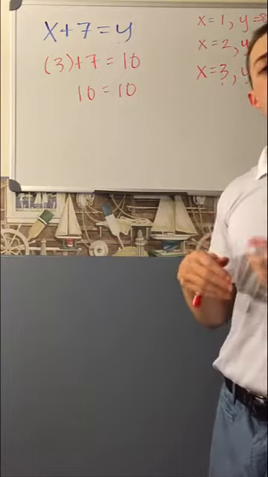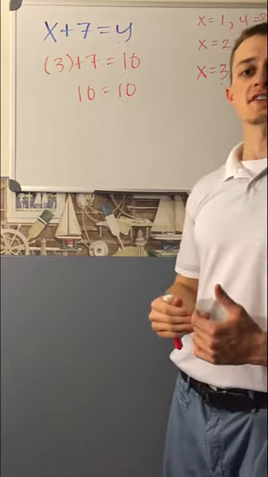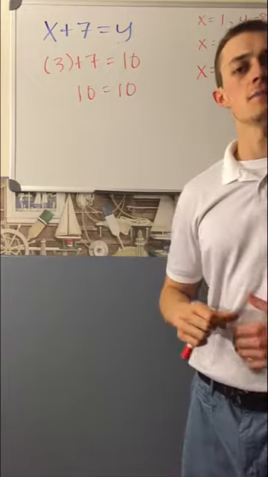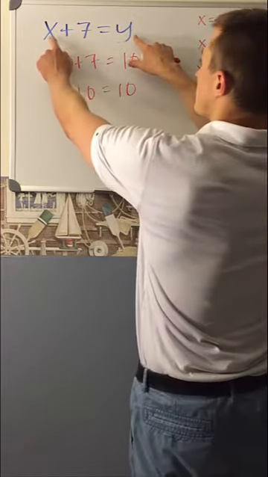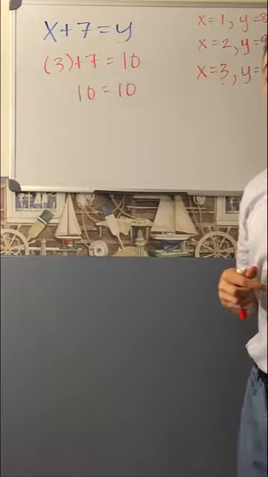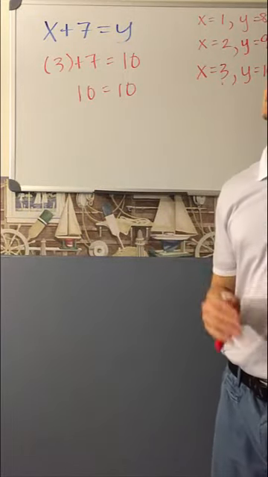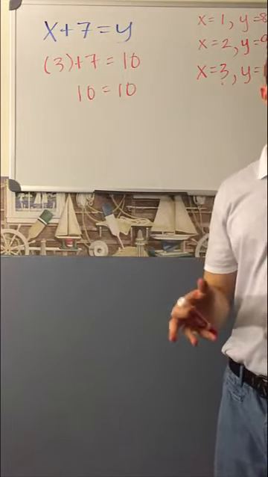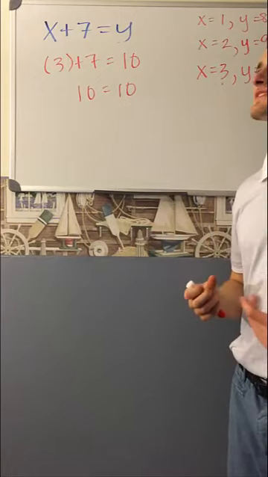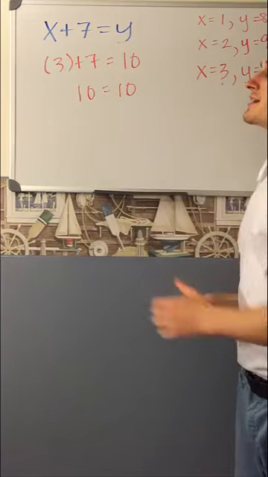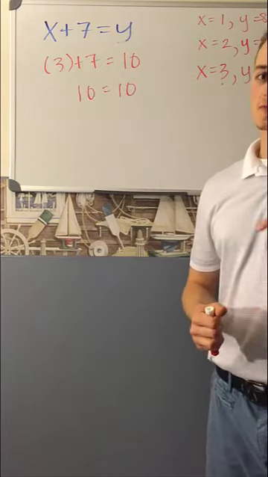So when I have only one variable, just x, there's one solution that can make my equation true. But when I have two variables, an x and a y, then there are many, in fact, infinitely many solutions that can make my equation true. So you can solve this equation, but there's going to be more than one solution, which makes it kind of tricky.